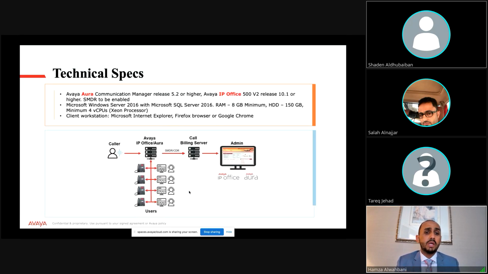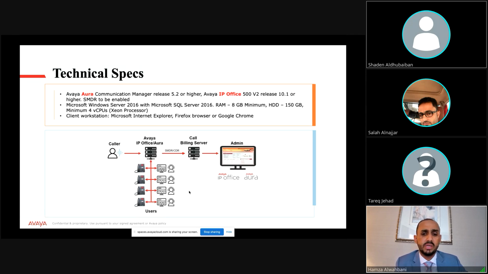The call billing today can be integrated with Avaya Aura Communication Manager release 5.2 or higher, or it can be integrated with IP Office 500 V2. You can sell the call billing for Aura or IP Office. We just need a small server with around 8 gigabytes of memory, a 150 gigabyte hard disk, and a minimum CPU, and a client workstation.